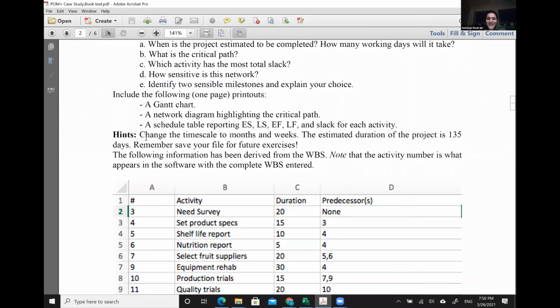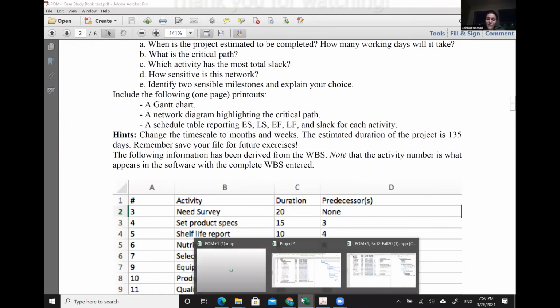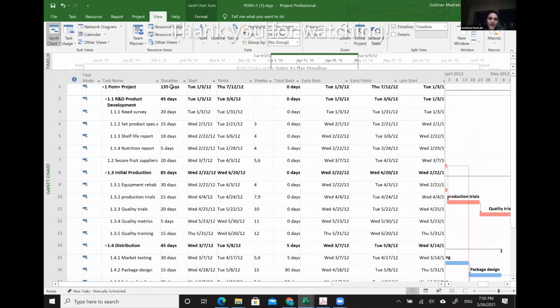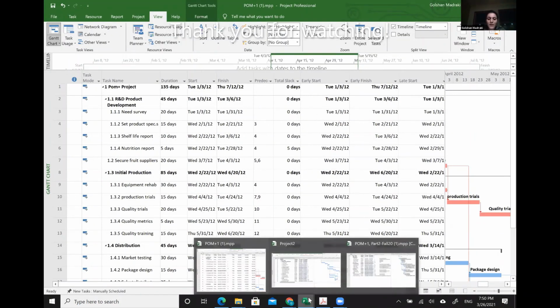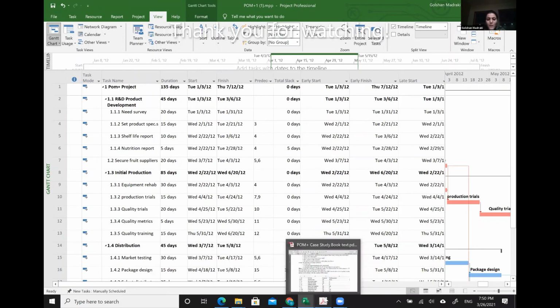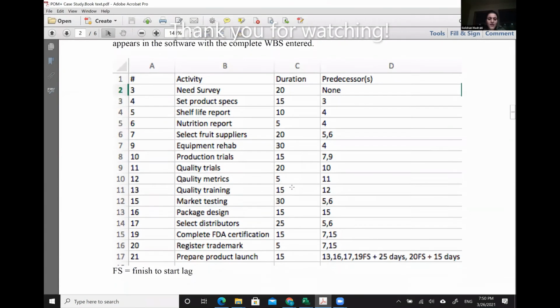Also, it has the hint. It says that the project takes 135, which is exactly what we got here. 135, nice, beautiful. Go back, and that's it. We are done with